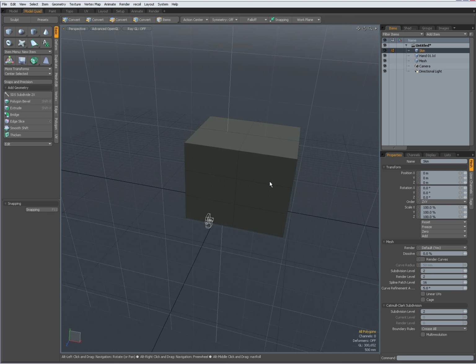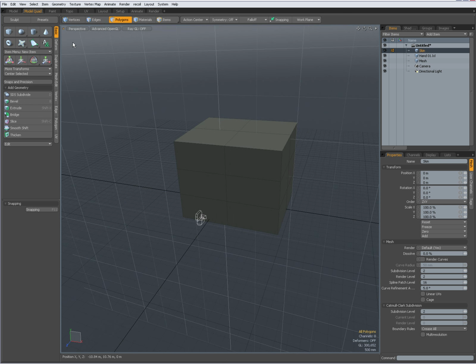So another important concept when starting out: I did it in polygon mode, and over here you see polygon is highlighted, so now I'm in polygon component mode. I can right mouse button click in my viewport, again right mouse button click in my viewport, and I can choose whether to set vertices, edges or polygons over here. So now I've selected edges, or I can press the space bar time and time again, and you see every time I do this it toggles between vertices, edges, polygons, vertices, edges,